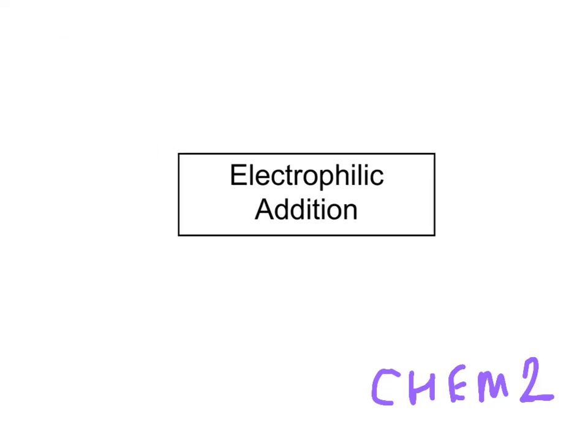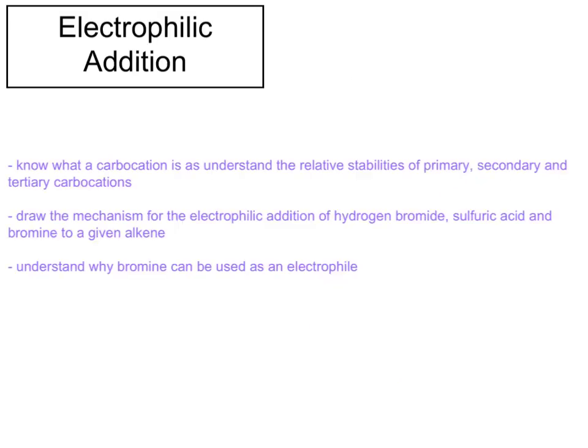This video is on electrophilic addition. Our aims for this video are to be able to know what a carbocation is, to understand the relative stabilities of primary, secondary and tertiary carbocations, and also know what is meant by primary, secondary and tertiary carbocations, to be able to draw the mechanisms for the electrophilic addition of hydrogen bromide, sulfuric acid and bromine to any